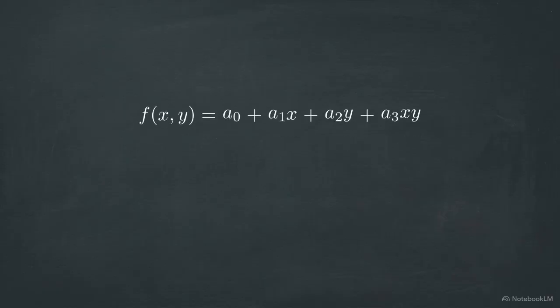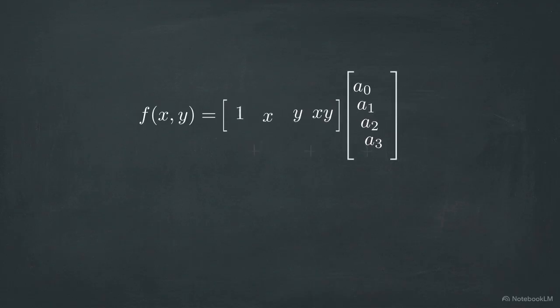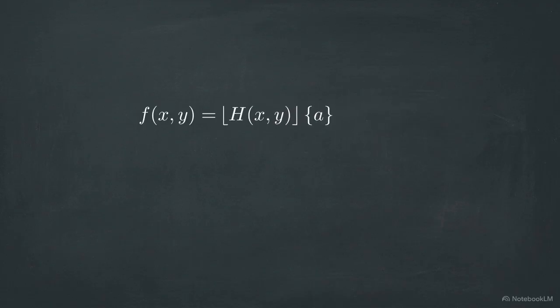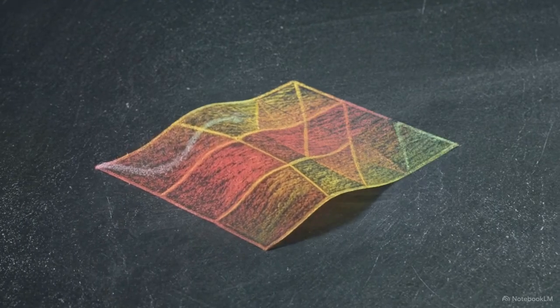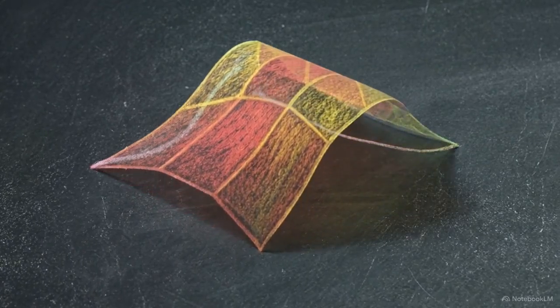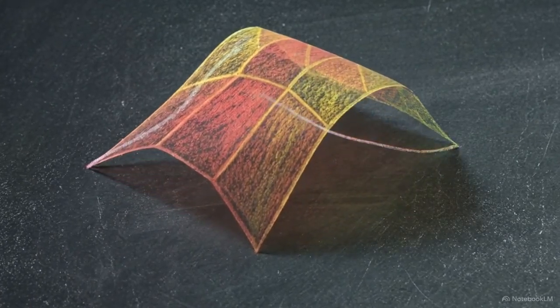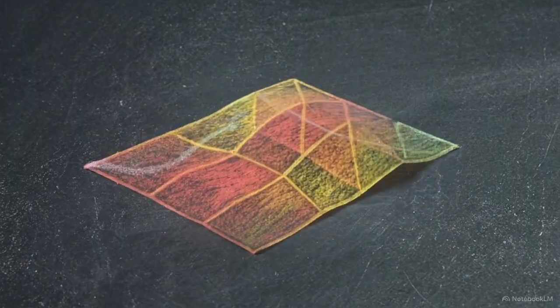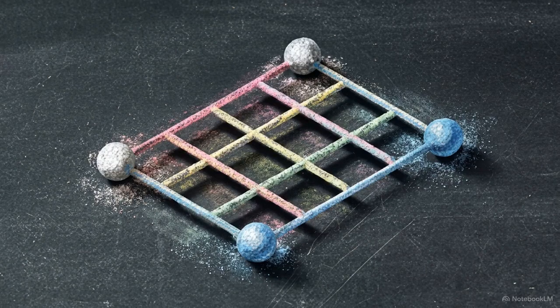We convert this equation into matrix form. f of x, y equals row vector h times column vector a. Row vector h isolates the variable spatial coordinates. Column vector a groups the mathematical unknowns we are solving for. This generic polynomial has the theoretical capacity to model a flat plane, but right now it lacks the specific dimensions of our rectangle. To calculate our unknown coefficients, we force this generic equation to perfectly match the known values at